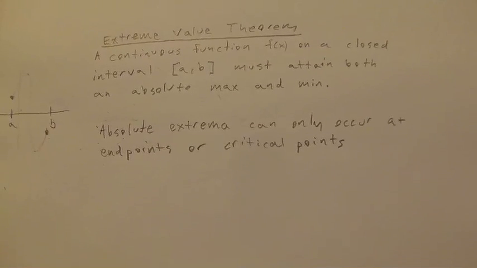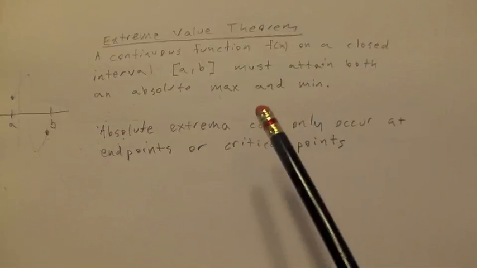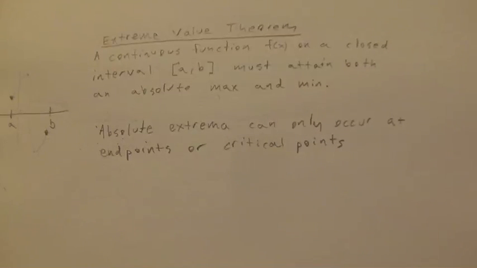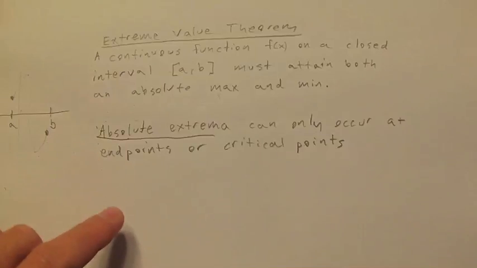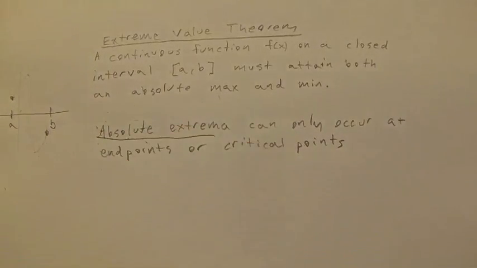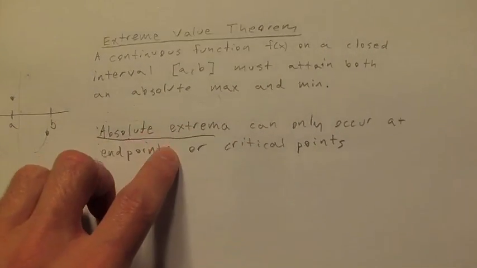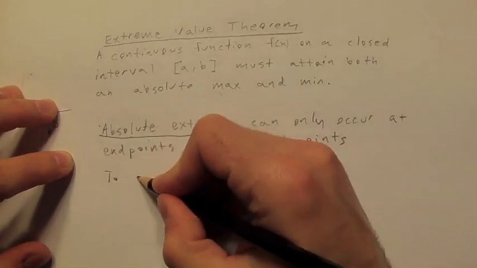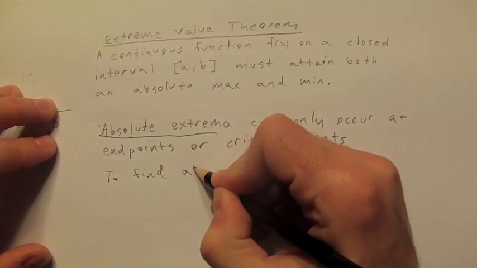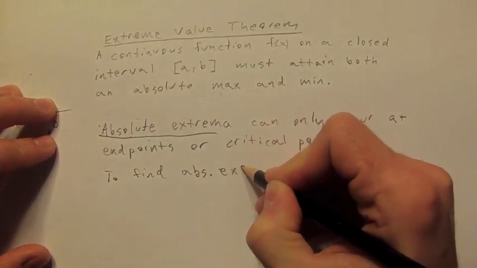And we're going to use that piece of information with this, in that local maxes are going to occur at critical points and absolute maxes can occur at endpoints. So that means absolute extrema can only occur at endpoints or critical points in this set. And what I mean about endpoints are like the points a to b here. So if we want to find absolute extremes,